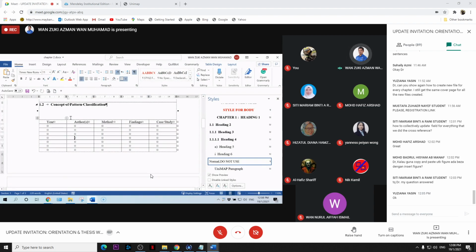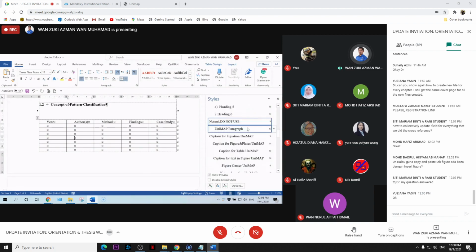Can be small, can be 10, can be 11, as long as we can see it, not too small. I think you can change to 10. 10, 11 or 12, but cannot be more than 12. So you can make it bold or whatever. So we don't have any specific format for a table. So it depends on you.